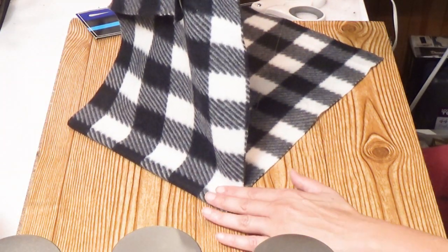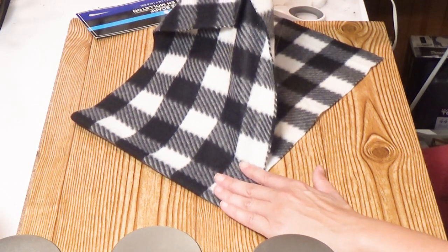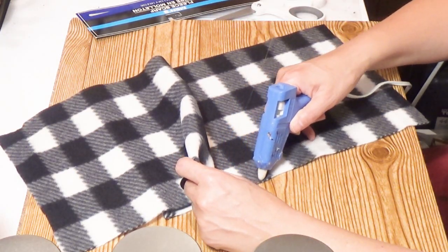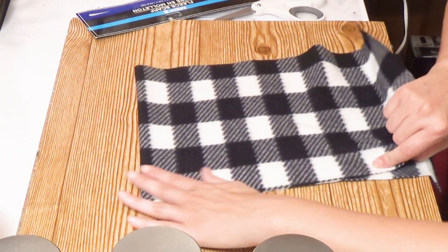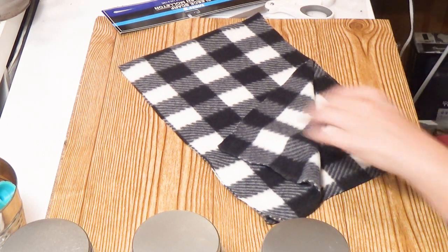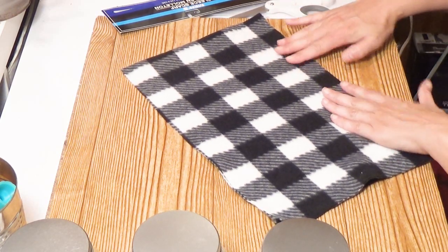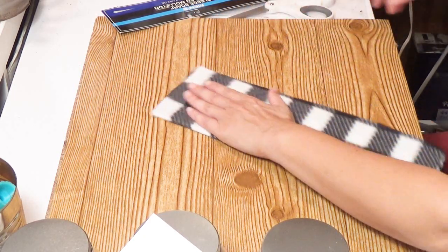So since one side had a folded side, that was one of them, and then I did on either side, I glued those shut. So I took a bead of hot glue and just ran it along the edge of the scarf, and then I carefully would pat it down. Now, the reason you want to be careful doing this is because when you turn this inside out, you want it to be a straight seam, and that will give you that sewn effect. So I'm just pressing that down,